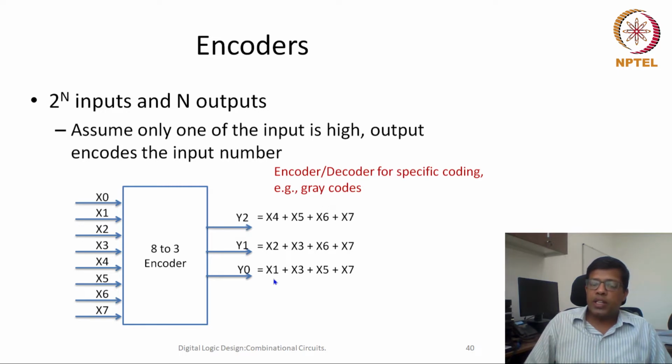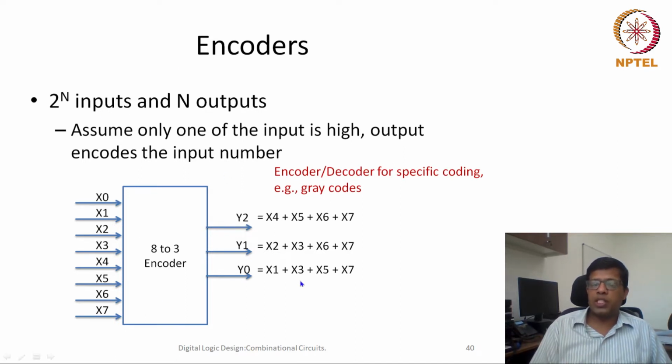Similarly, some of you have done Arduino based design or Raspberry Pi based design. There could be multiple devices connected to your Arduino chip. When we want to connect multiple devices, we should know which particular device is sending an interrupt, one at a time. Then I will assign IDs to all of these devices, and we'll want to know finally which particular device is seeking attention. Then we have to use such kind of encoders.